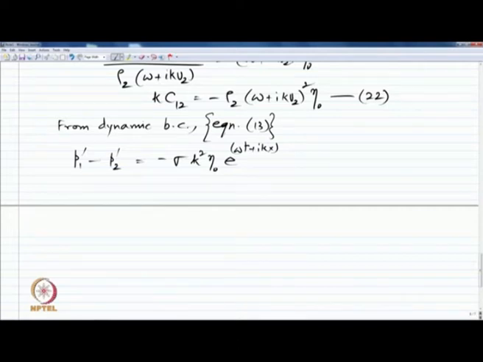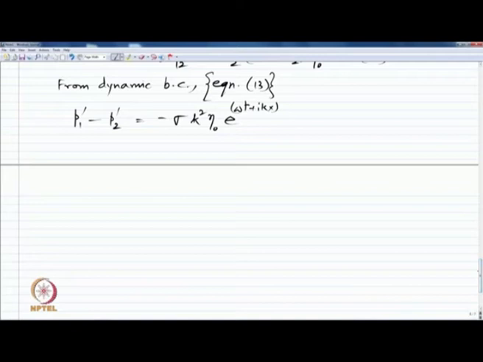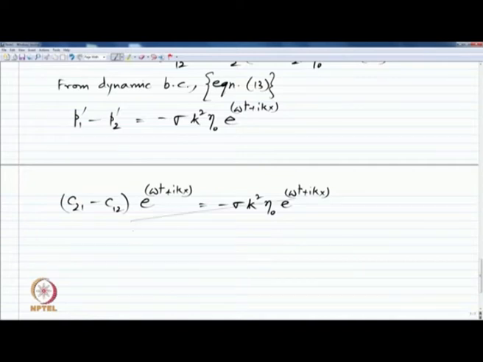So, if I have P1 prime and P2 prime in terms of C1 C2, and if I make that substitution, what do I get? C21 minus C12. Simplifying,